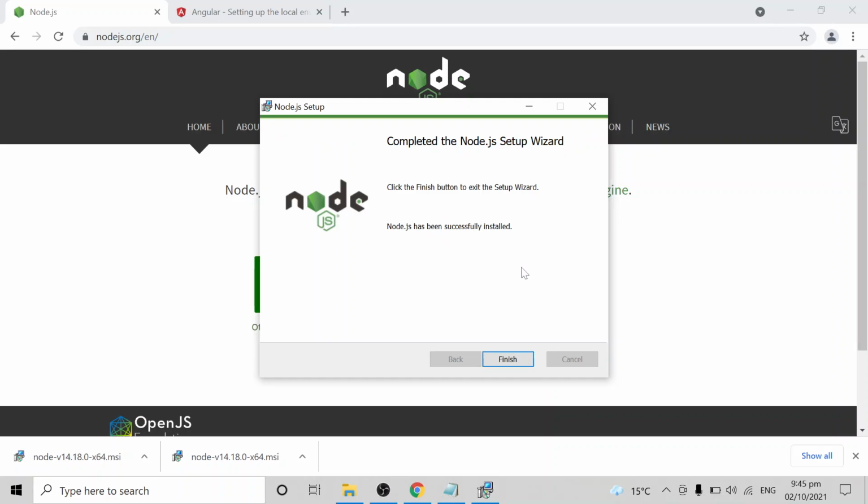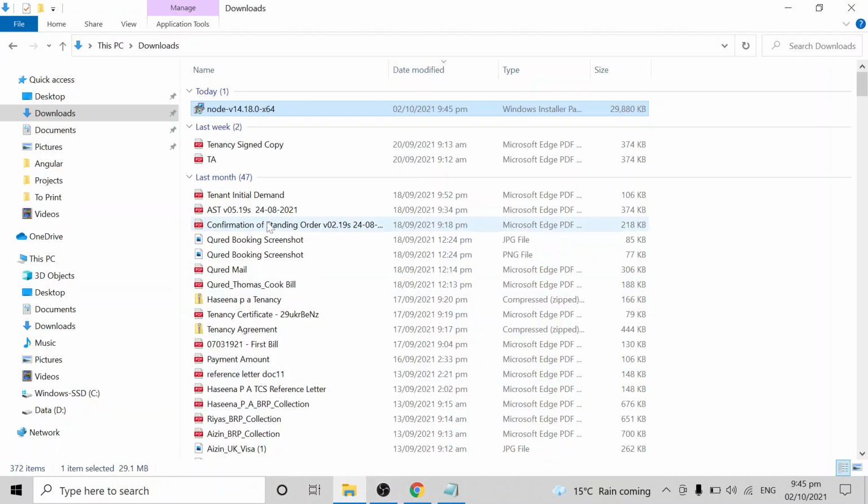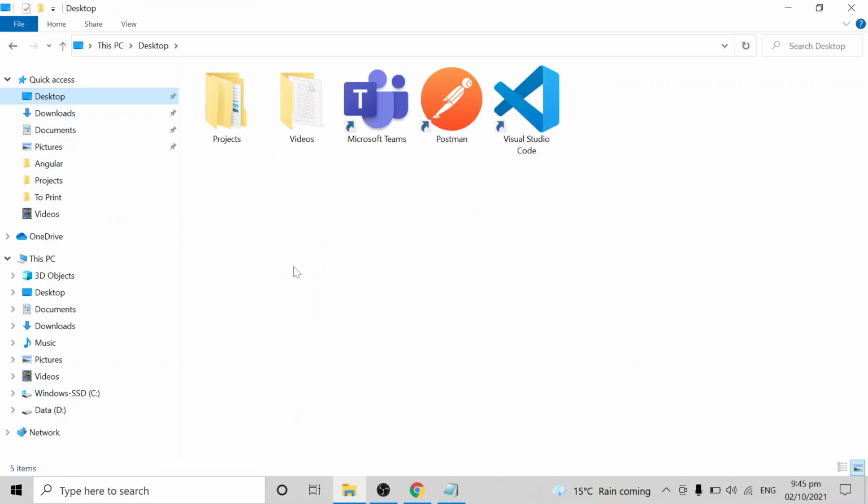Okay, Node.js has been successfully installed. You can click on the finish button, and if you want to check it has been successfully installed or not, you can check via the command prompt. Go to the location where you are going to create your Angular project. For example, now I am going to create an Angular project directly on the desktop, so you can go to desktop and click the CMD option.